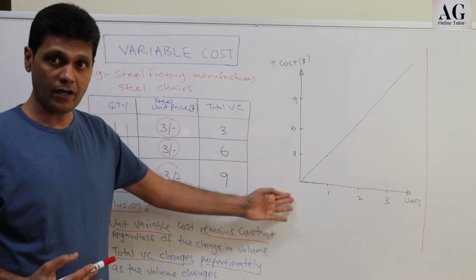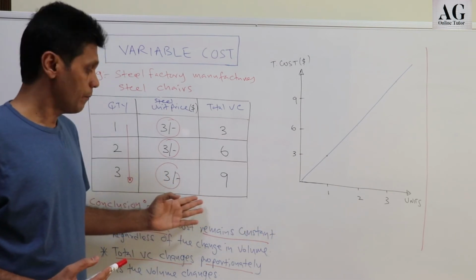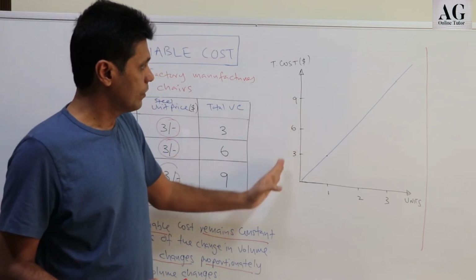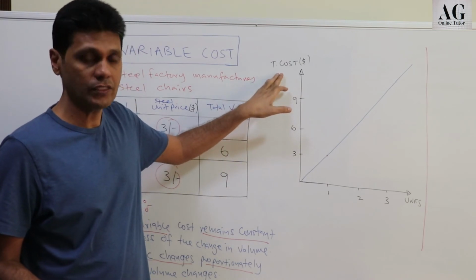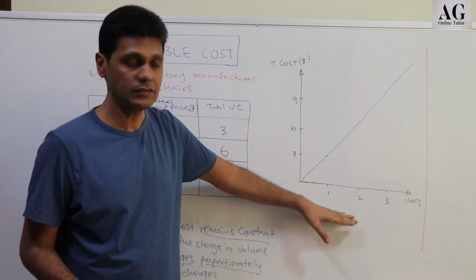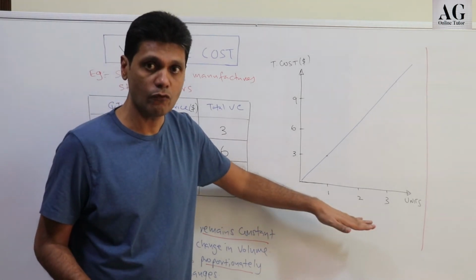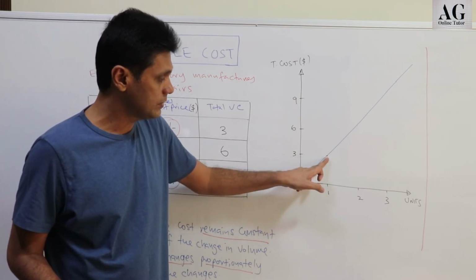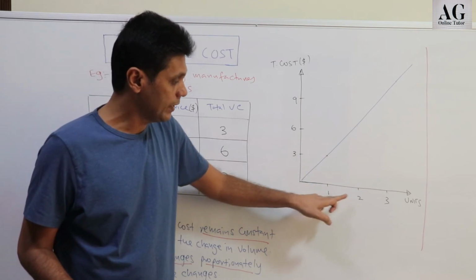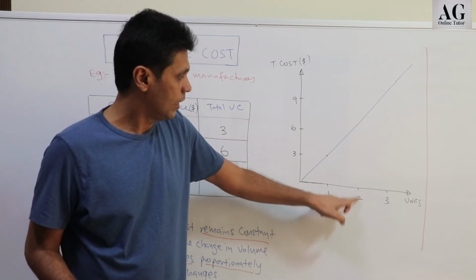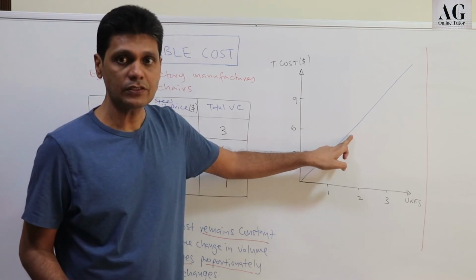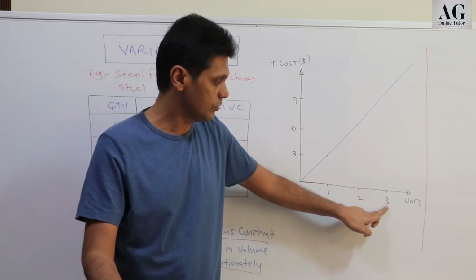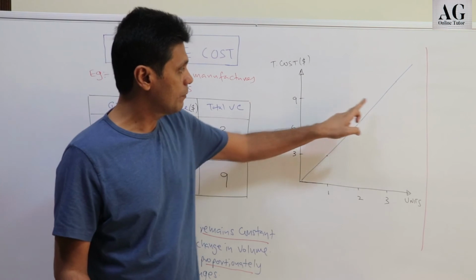Now let's move on to the graph. This graph is derived based on this table. As you can see, your vertical axis represents the total cost and your horizontal axis represents the number of units produced, or the volume. When you produce one unit, the total cost is $3. As you increase the production to 2 units, your cost will increase to $6. And further, if you increase it to 3 units,